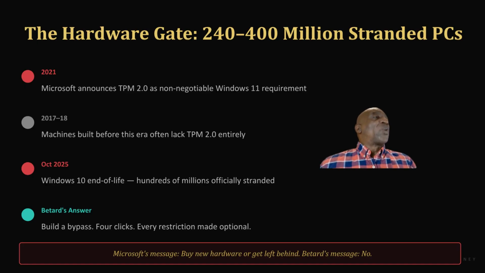This programmer was able to come in with Rufus and bypass the problem that Microsoft created. Because basically Microsoft functionally told 240 million or 400 million users that they had to buy new hardware or new computers, right? Can you imagine that? When all you needed was a thumb drive that was 1.6 megabytes to solve the problem in four clicks, and then you didn't have to buy a new computer.